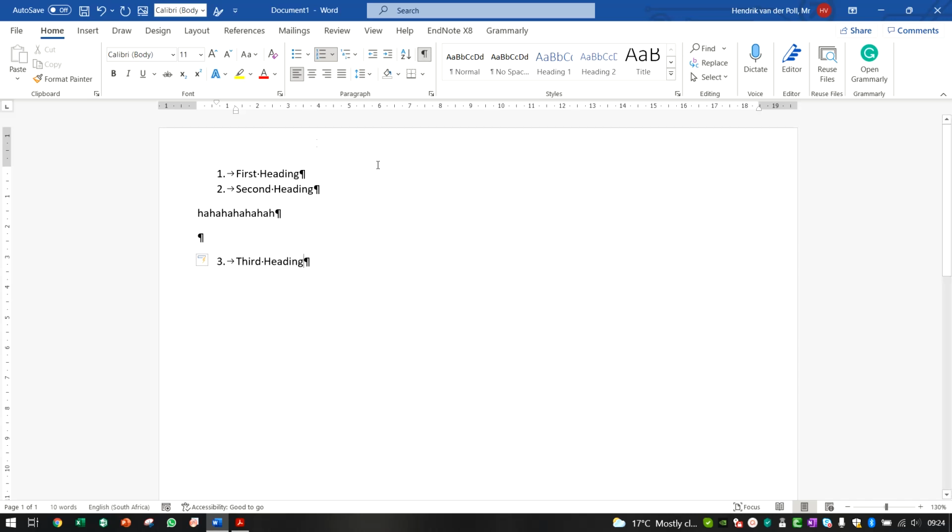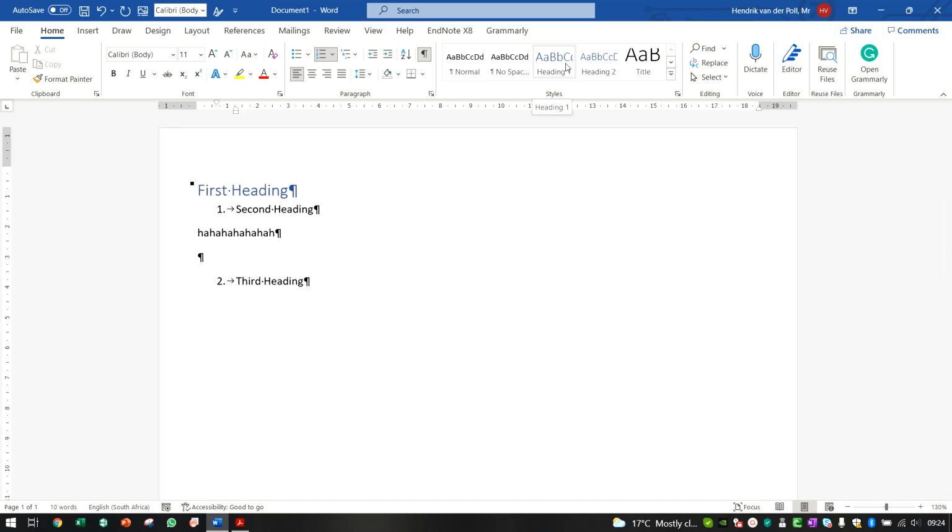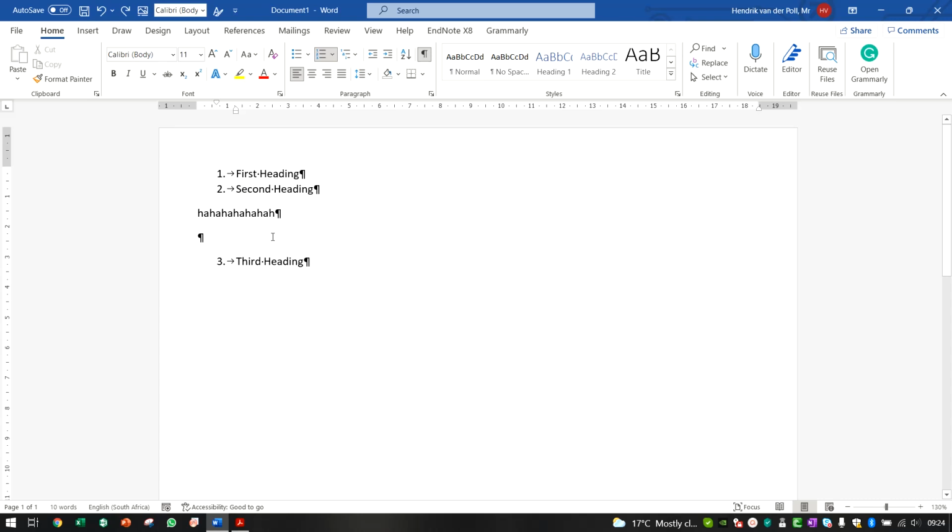Okay. Now, what do we want to do? We want to connect this heading to the heading there, because you see the moment we start clicking, if you click there and you scroll to there or move your mouse to there, it changes that and the numbering changes again. So at the moment your heading over there is not connected to your numbering style in your document. So the way you want to fix that is, I'm just going to undo, Control Z,